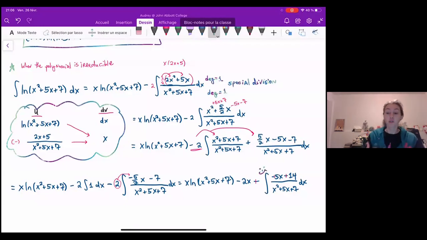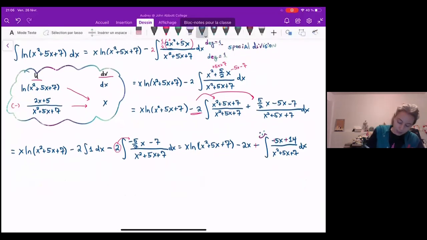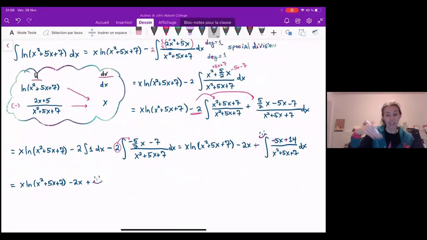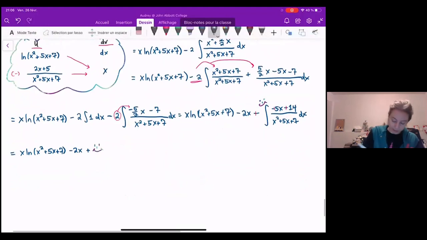Now, again, I stress with this type of problem, and really with any problems where you have a lot of integrals going on, it's really easy to mess up constants. And in this problem, we're going to have a subintegral and then another subintegral. So I'm going to say that this is equal to x ln of x squared plus 5x plus 7 minus 2x plus smiley face. So then when I go down here and calculate smiley face, I'll remember that's exactly where I need to go back and put it once I've calculated it. So smiley face